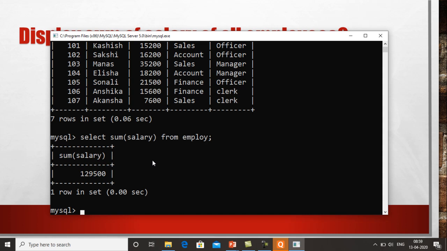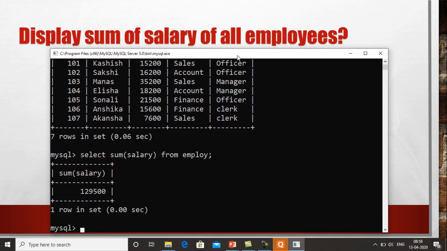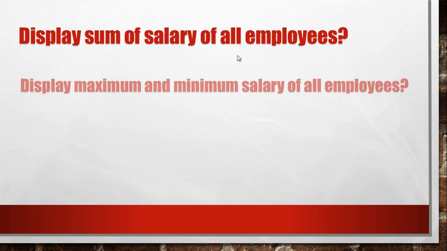So this is the answer of the first question, which displays the sum of salary of all the employees: select sum, within the brackets the name of the field, that is salary, and then from employee.